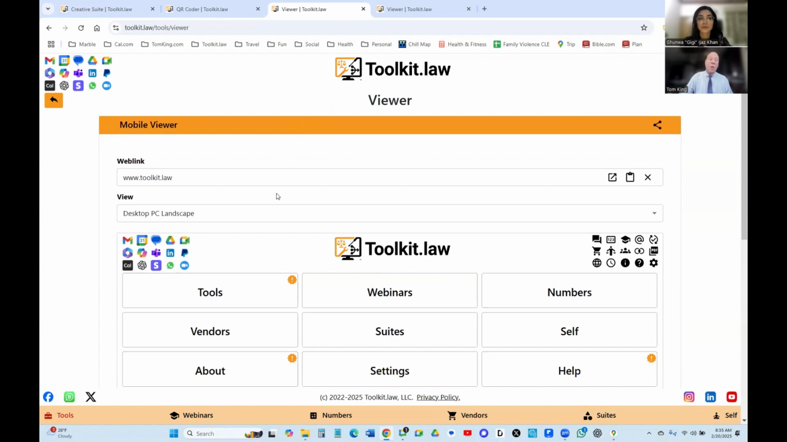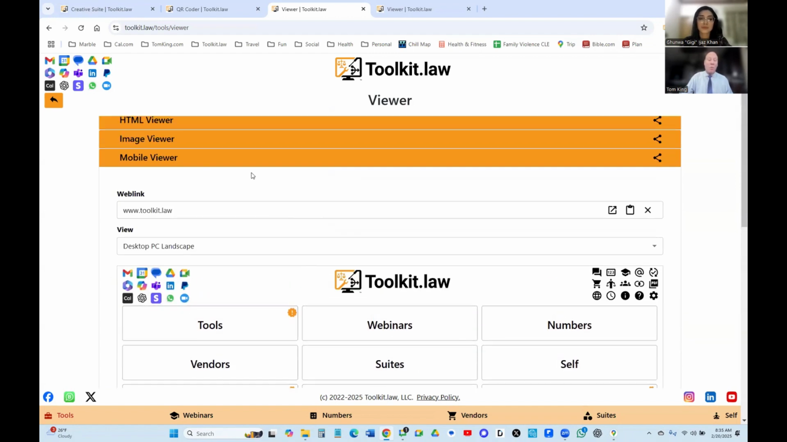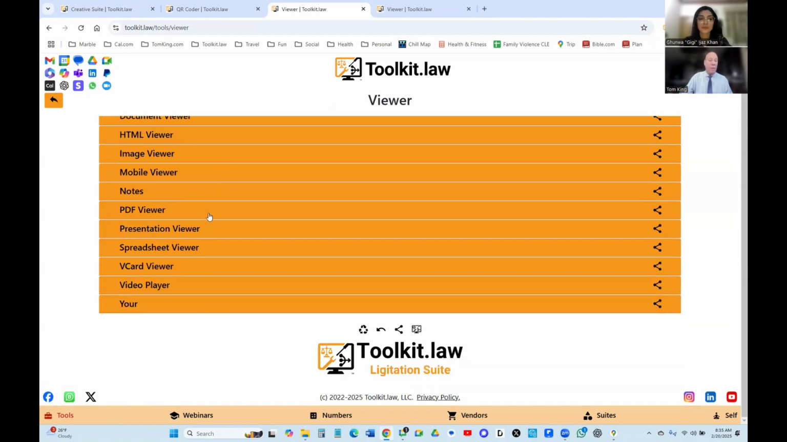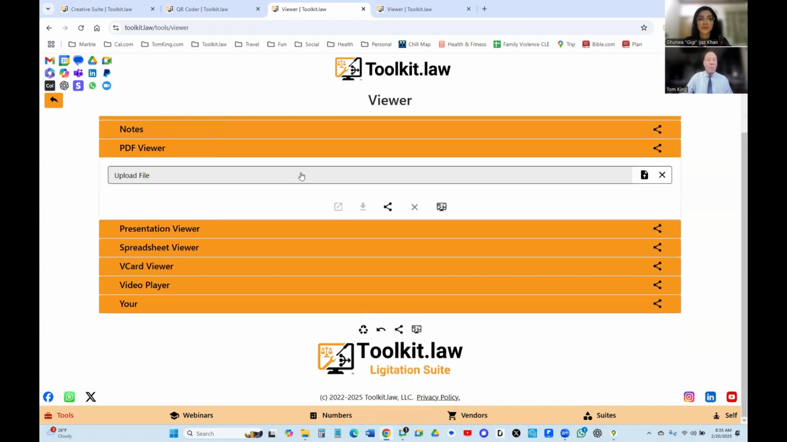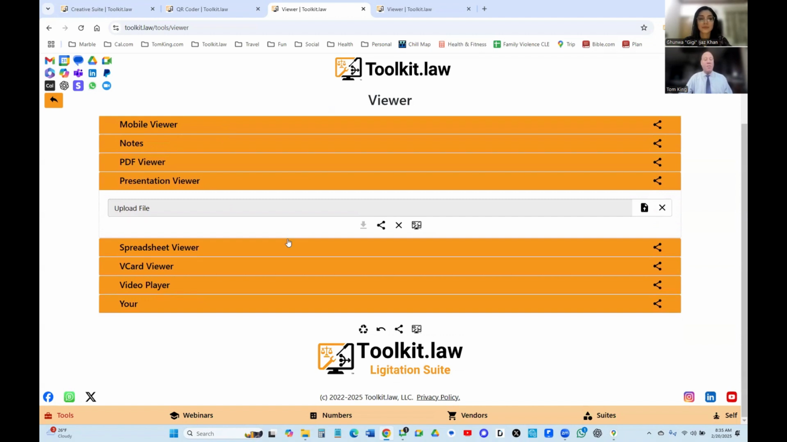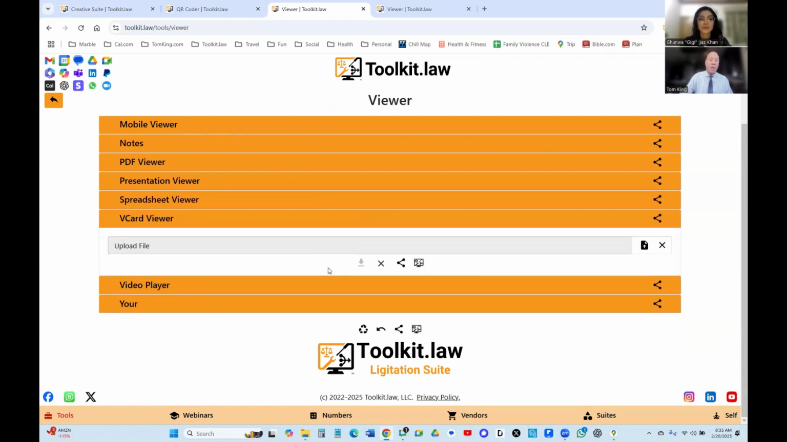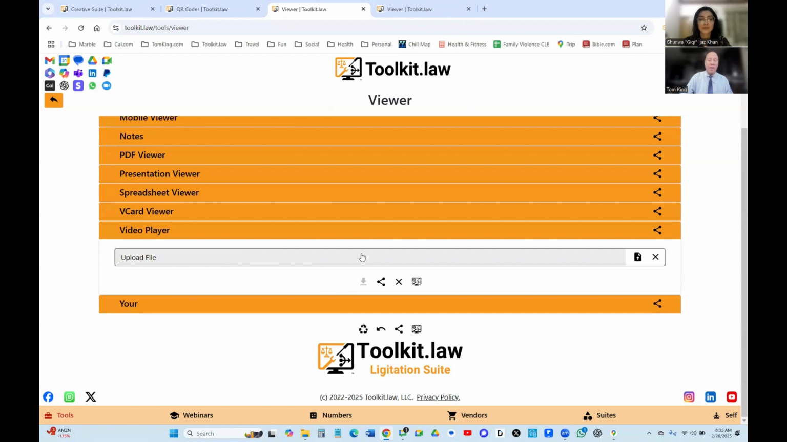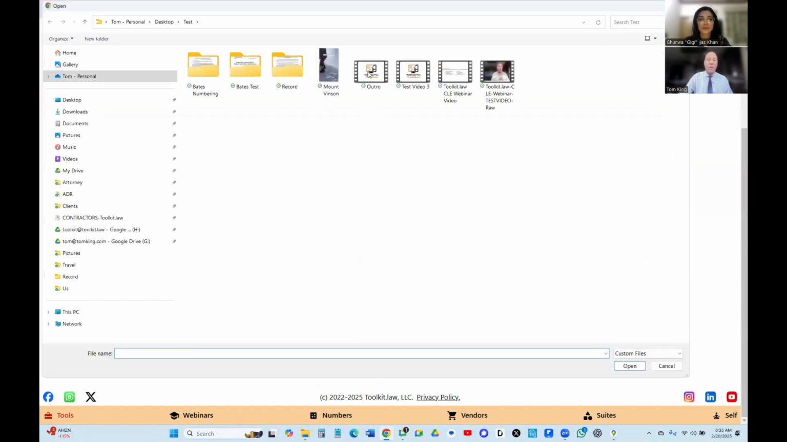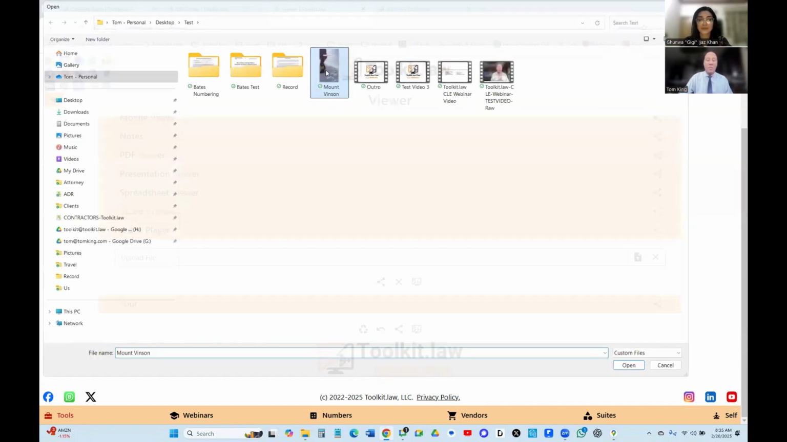You can see what a web page is going to look like in mobile view with the mobile viewer. PDF viewer to view PDF documents. Presentation viewer, spreadsheet viewer. And if you want to view someone's contact information, you can upload their V card right here. And we also have a video player right here. So if you need some type of video player to access,